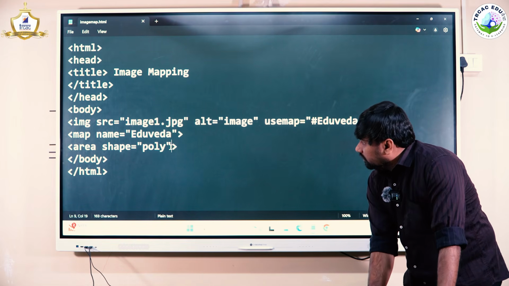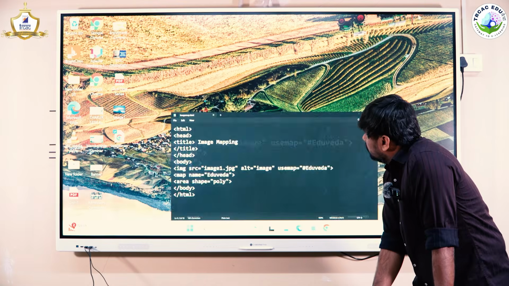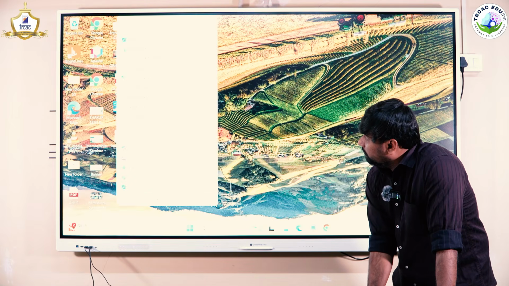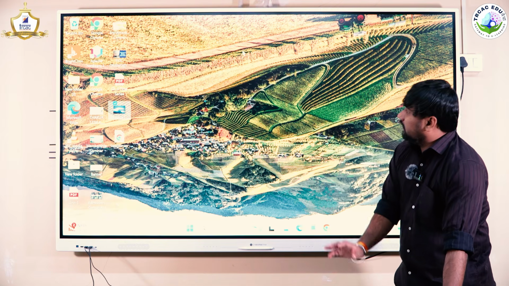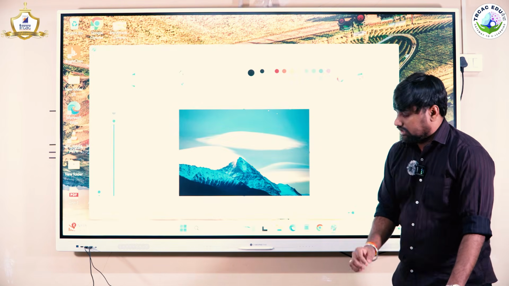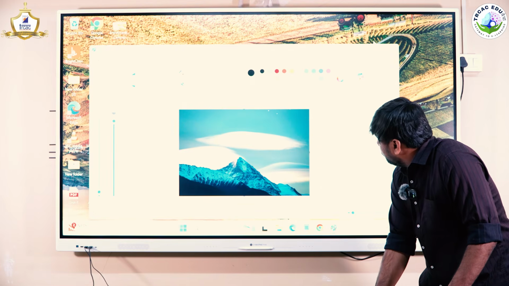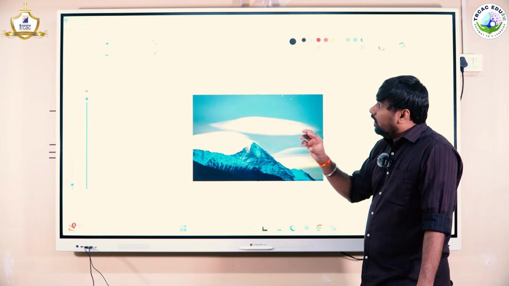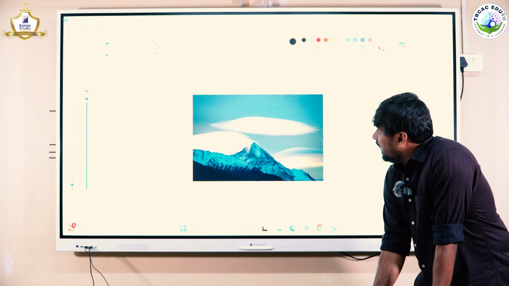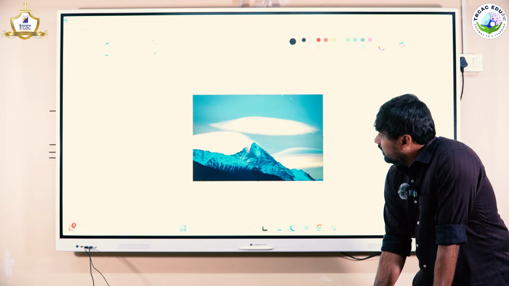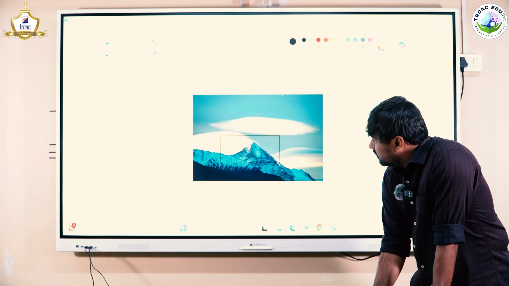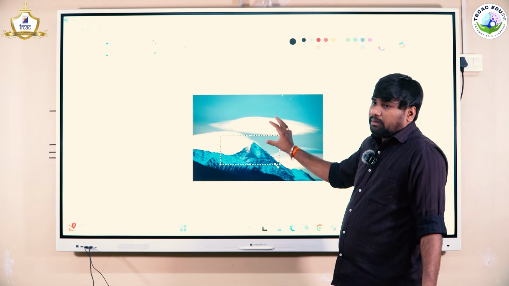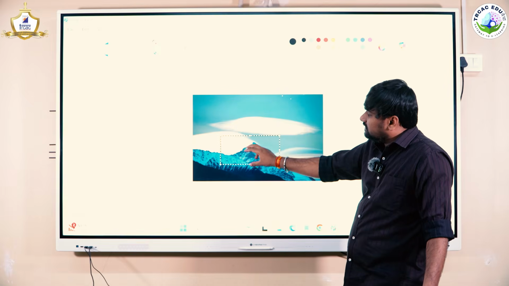Now, before inserting the image, we have to open this image with Paint to get the mapping location. So I'm opening it with Paint. This is our image which we have uploaded on the web page. Now the very first shape I have taken is poly. I am selecting a rectangle here on the top part of the mountain, and I will be mapping this on my web